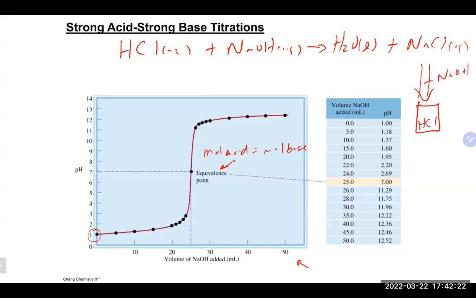So it requires at least one ICE table there in this second region. It needs an ICE table, and really, the purpose of that ICE table is to figure out what the new concentration of your acid really is so that you can calculate the pH. That then takes us to, as we talked about, the third important part on this